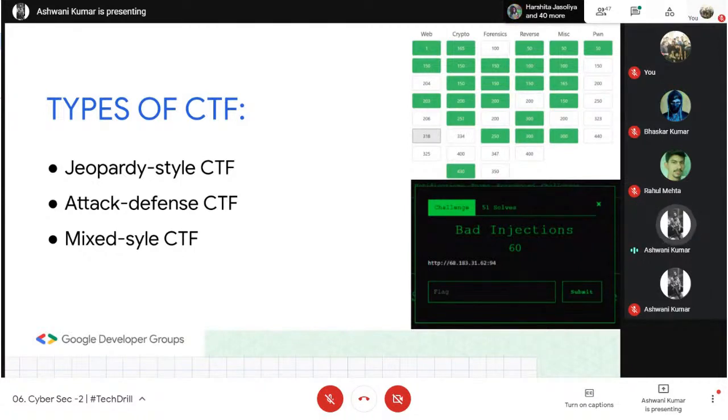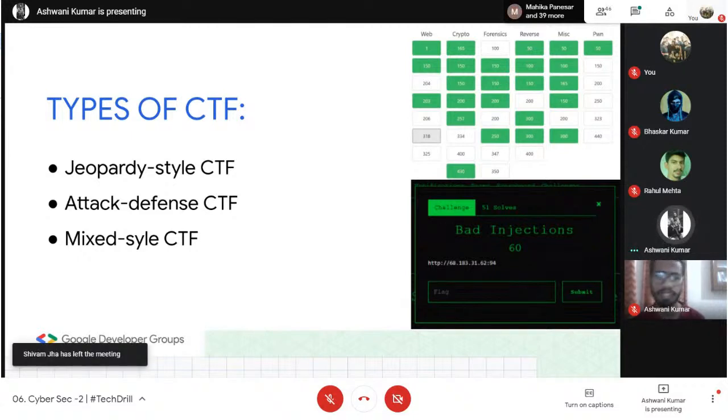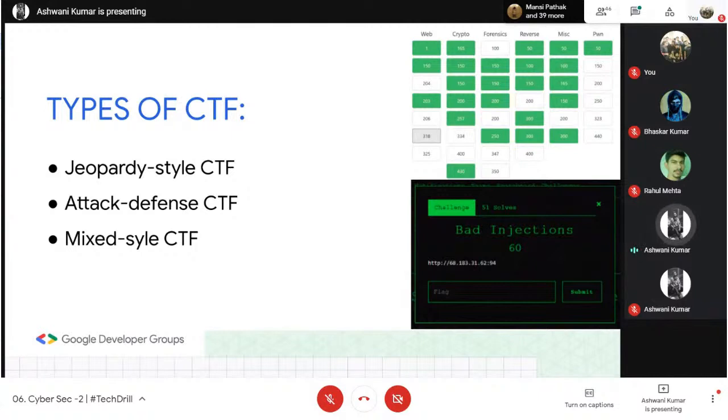You will be getting one IP, which is one machine. On the basis of that, you have to find the different vulnerabilities, and upon submitting the flags, points will be given to you again. Fine. So that is attack-defense. The hacking skills you apply will be similar, but this attack-defense is a combination of the different categories that we are involving in this CTF.